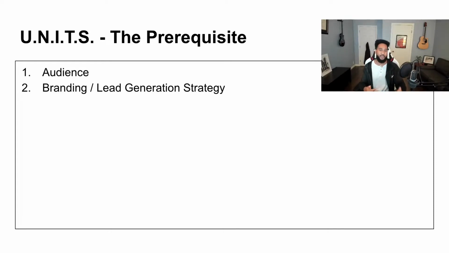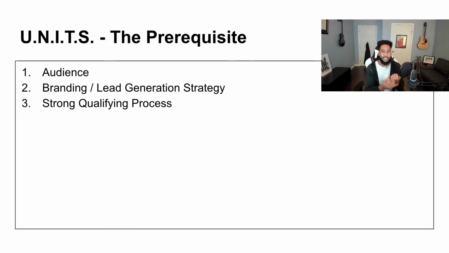You can start bringing in cold leads and warm leads and get you to that second half, right? A strong qualifying process is a must for this. To me, these prerequisites, and there's one more I'm going to drop here, are the first half of the process, where once again a lot of heavy lifting has to be done. But the latter half is the part we're going to lean on most today. Really, you have to get the audience, the branding, the lead generation.